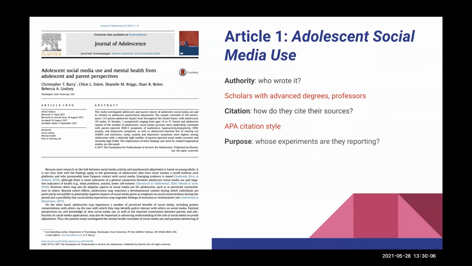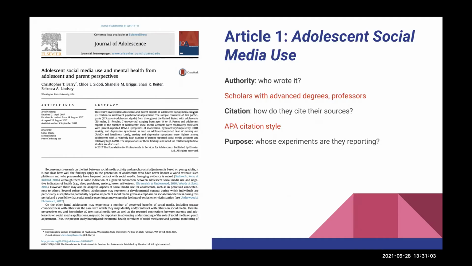Next is purpose. Whose experiments are the authors reporting? If you haven't already become familiar with an abstract, please do. An abstract is generally found at the top or the beginning of an article, and it is essentially a summary of what the article is about. So this is a really important piece to read when you're evaluating whether or not an article is something you want to use. If we look at this abstract, it tells us this study investigated adolescent and parent reports